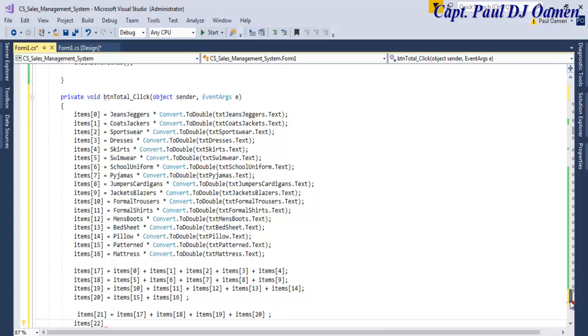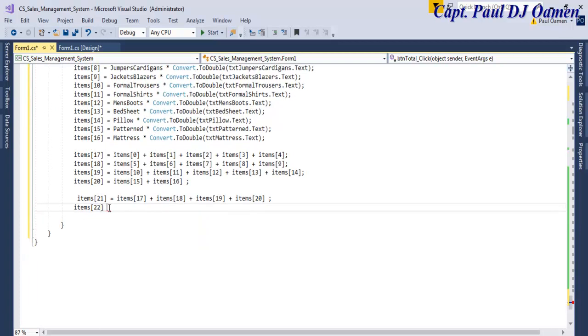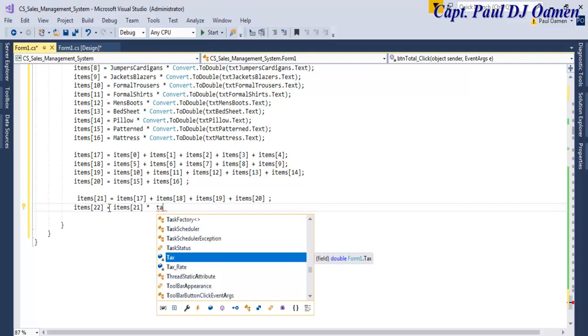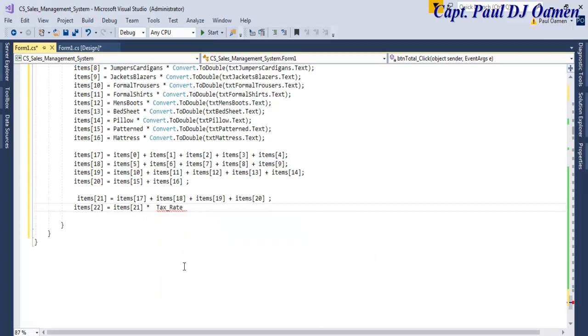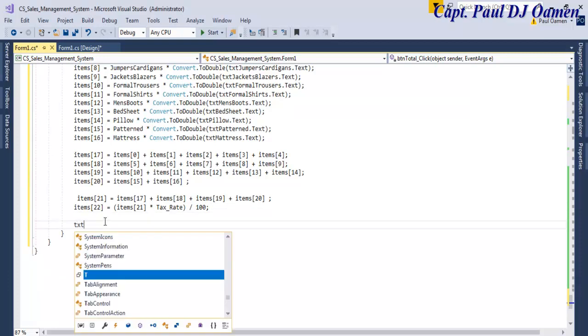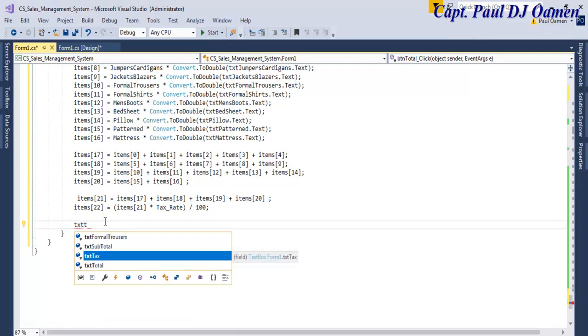So let's come right down here. That will become 21. We multiply item 21 by the tax that is declared up there, tax rate, and then divide by 100. So let's put them in a bracket anyway. Right, that's in a bracket, so that will give us the tax rate. Enter semicolon there. Okay, right down here, let's go for txtTax